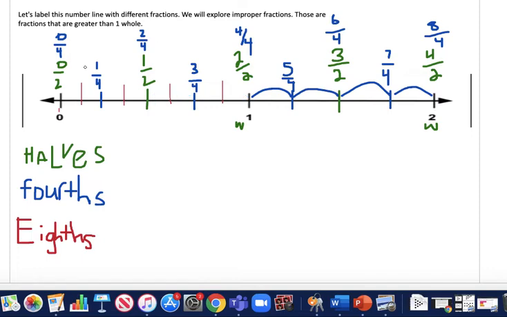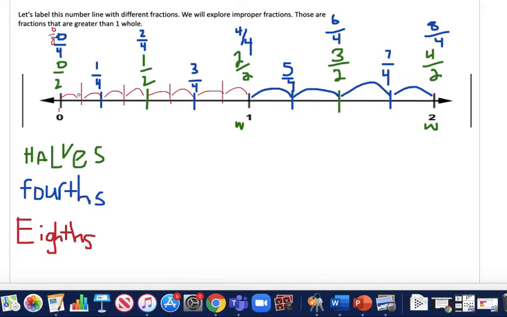Let's see how many equal parts I have from 0 to 1 whole. 1, 2, 3, 4, 5, 6, 7, and 8. Perfect. It's getting a little bit crowded up there, but I'm going to try. It's really crowded. 0,